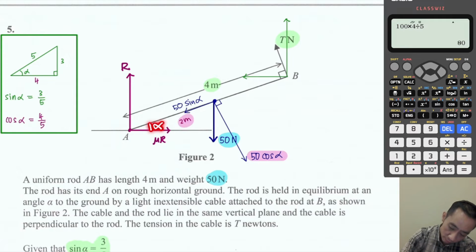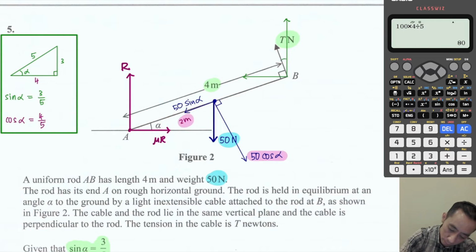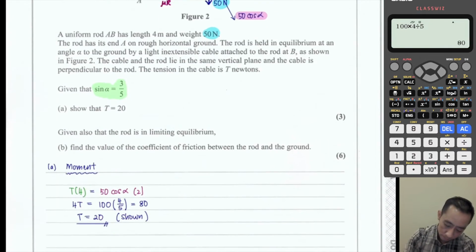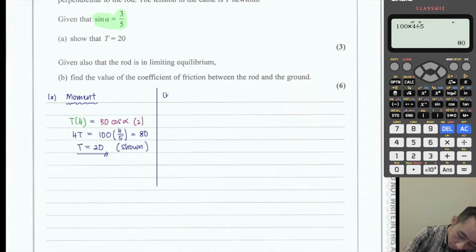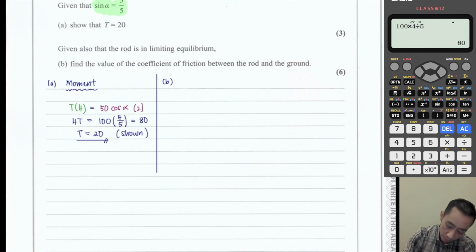Because this one is alpha, and this and this are horizontal, so they are parallel, which means this is alpha also. So in this direction, if this is T and this is alpha, the one beside it is the cosine. So T cosine alpha, and for this one, T sine alpha. So I want to look at the whole system. For part B, for the vertical direction,